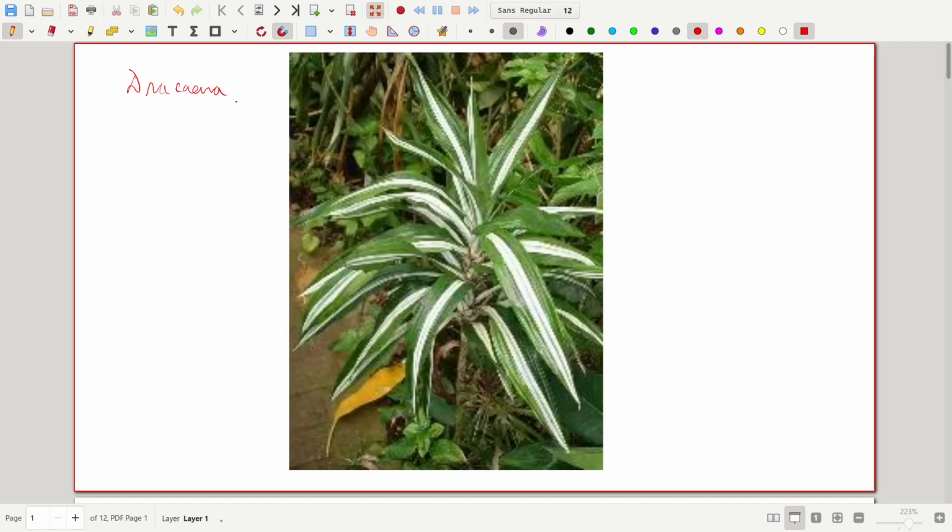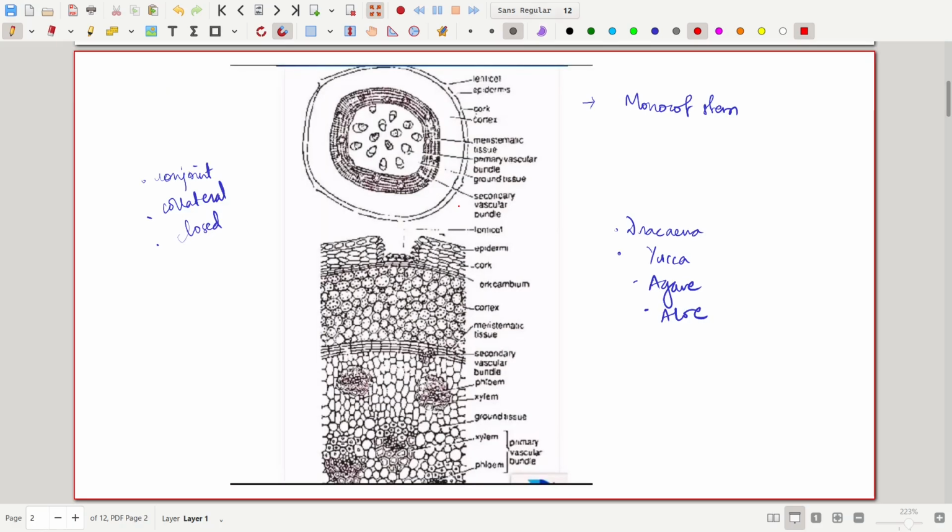Dracaena. So this is the plant here, and let's move towards its section, the section of the stem. Here the transverse section of the stem is shown, and you can see that it has the young